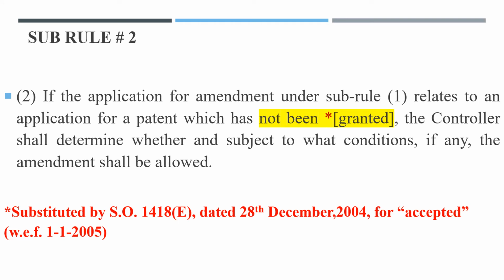Subrule 2. If the application for amendment under subrule 1 relates to an application for a patent which has not been granted, the controller shall determine whether and subject to what conditions, if any, the amendment shall be allowed. Okay, that means this is a situation where a patent has not been granted, and this word, friends, within square brackets, that is single star, this one is actually substituted by